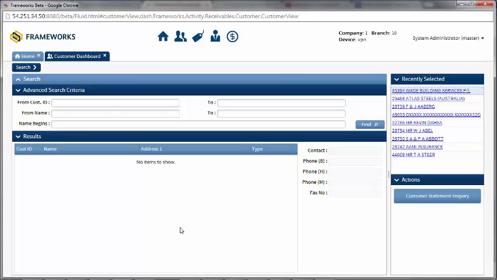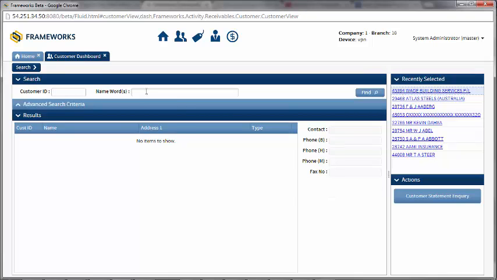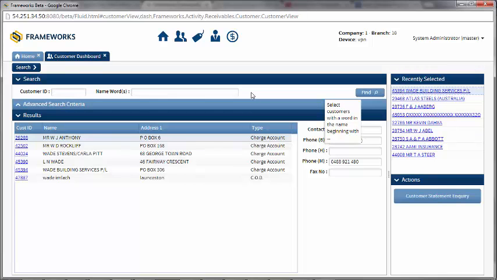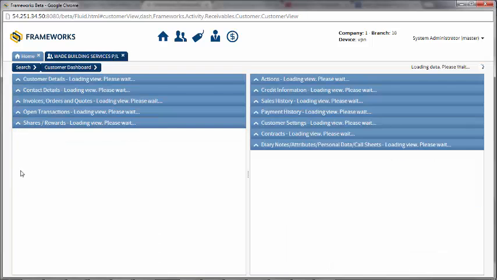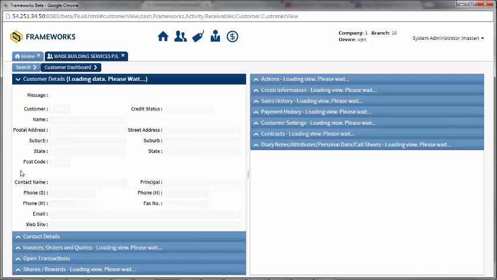To do a search, I'm just going to type in what I'm looking for into the search box in the basic search, and I can either press enter or click the find button. When the results are returned, the link to drill into further information is always presented as a hyperlink. So if I click on that hyperlink, it will take me into the more detailed customer information